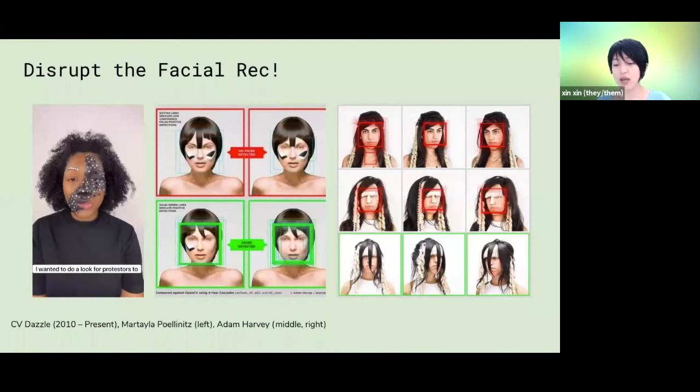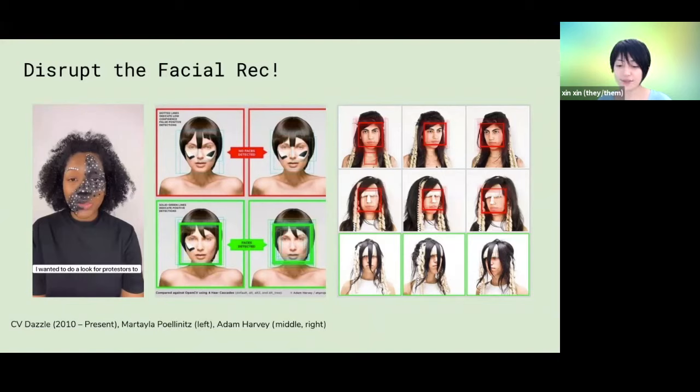Here is another play and riff off of the Razzle Dazzle. This project, originated by Adam Harvey in 2010, is called CV Dazzle. CV Dazzle is an anti-facial recognition surveillance tool where Adam Harvey realized that by adding things onto the face, so that it would not look like a face to facial recognition algorithms, we can begin to hide ourselves and our identity in front of computer vision systems.